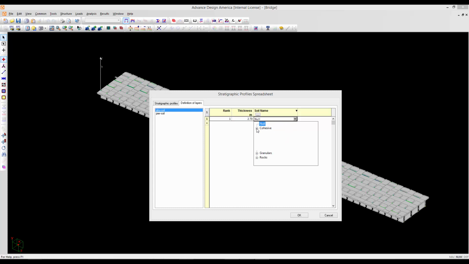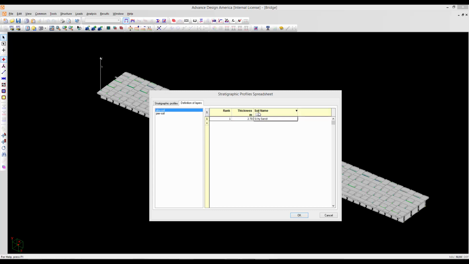So for example, for the first layer I'm going to use silty sand from ADA's library. But remember, if you have your own soil properties, or if you want to define a customized soil,